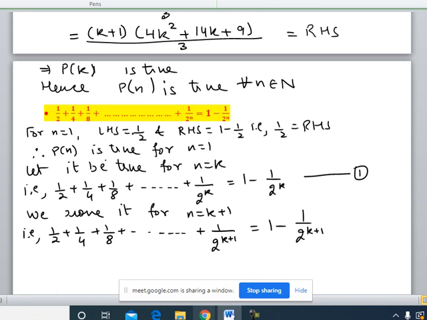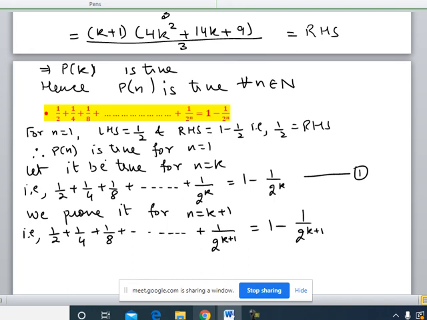You can see the left hand side is 1 by 2 only, the first term. Right hand side becomes 1 minus 1 by 2, that is 1 by 2 only. So the result you can see is true for n equal to 1. For k we are assuming it is true. That means we can write 1 by 2 plus 1 by 4 plus 1 by 8 till 1 over 2 to the power k can be written as 1 minus 1 over 2 to the power k. Now under this assumption we will prove it is true for k plus 1. That means we need to establish the sum of the terms in this series will be equal to 1 minus 1 over 2 to the power k plus 1. So we have replaced n by k plus 1 here, you can see.